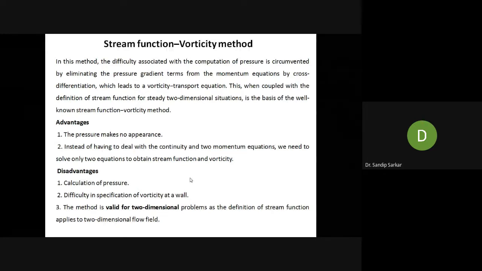But please note that the scope of this syllabus is restricted to two-dimensional problems only. For the two-dimensional problem, the stream function and vorticity method is very popular, and one can apply it for the numerical solution of flow problems in any complicated industrial geometry. For example, if you want to solve flow past a circular cylinder, the numerical simulation I showed you in the first class, you can apply the stream function vorticity method to obtain the velocity field past a circular cylinder.